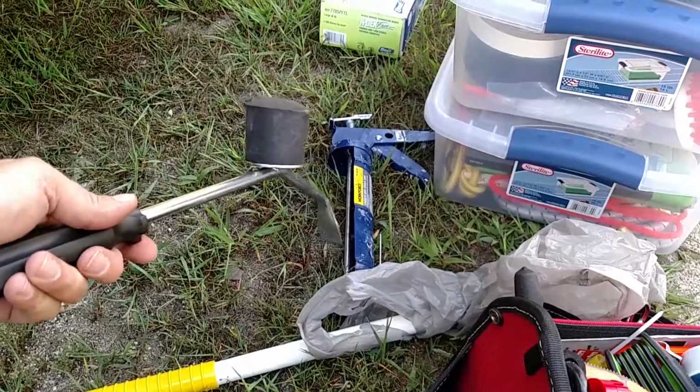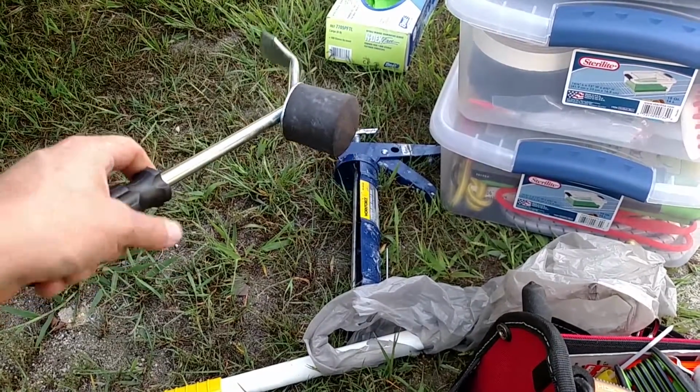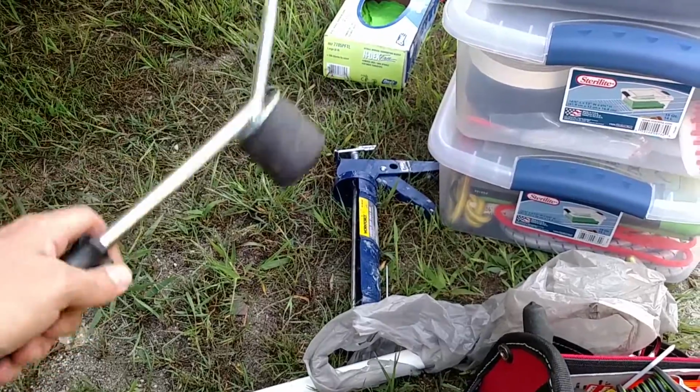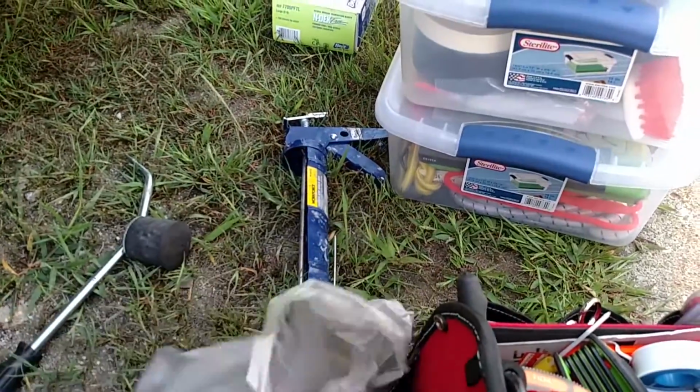So another thing, this is like the little pry bar we use to take the wheel covers on and off and put them on. It's just got a little pry bar on the one side and a rubber mallet on the other. The other thing we keep over here, and this is the black tank,